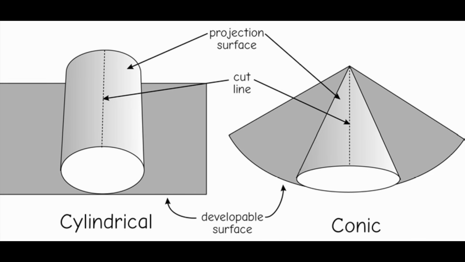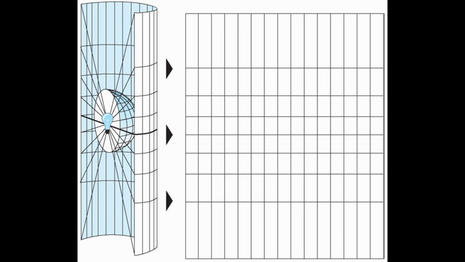To transform coordinates from the surface of a round Earth to a flat map, we basically take what's called a developable shape, or a shape that can be cut, unrolled, and flattened without warping, and overlay this shape around the round Earth. Imagine the Earth's surface is clear with lines of latitude and longitude drawn on it. If we wrap a cylinder around the Earth and place a light at the center of the Earth to project the shadows of the lines of latitude and longitude onto the cylinder wrapped around it, when we cut and unwrap the cylinder and lay it flat,